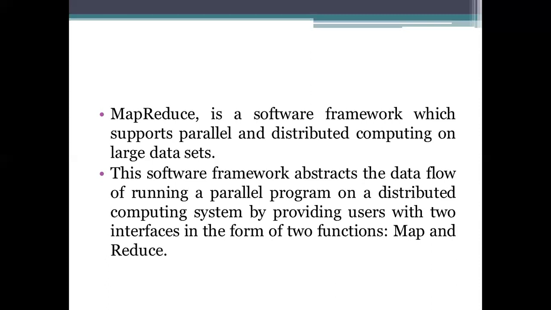So what this framework will do is take the data, we need to consider a data set. This framework will abstract the data flow. Abstraction means there is no need to know how the data is flowing, or how we are getting the data. All these things need not be known to the user. So the framework will consider the abstraction of the data flow, then process the parallel programs we have, and then it will get the data.